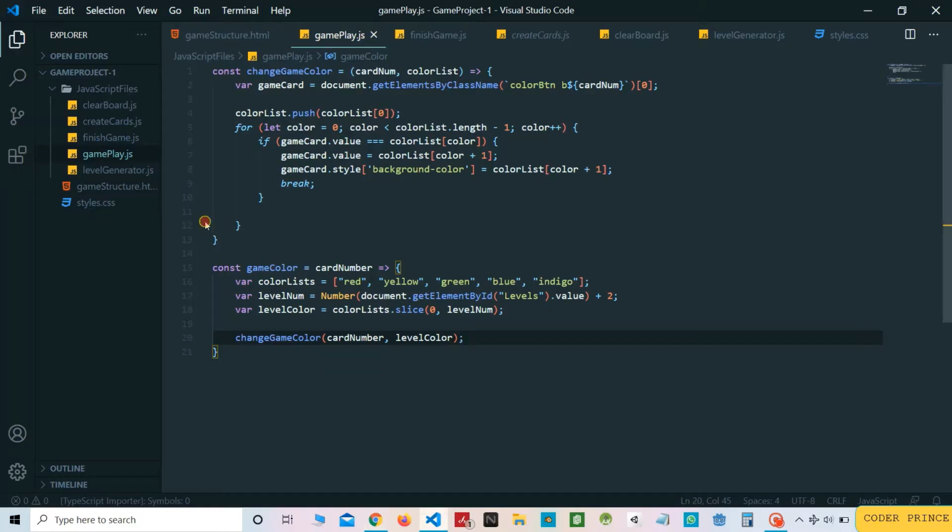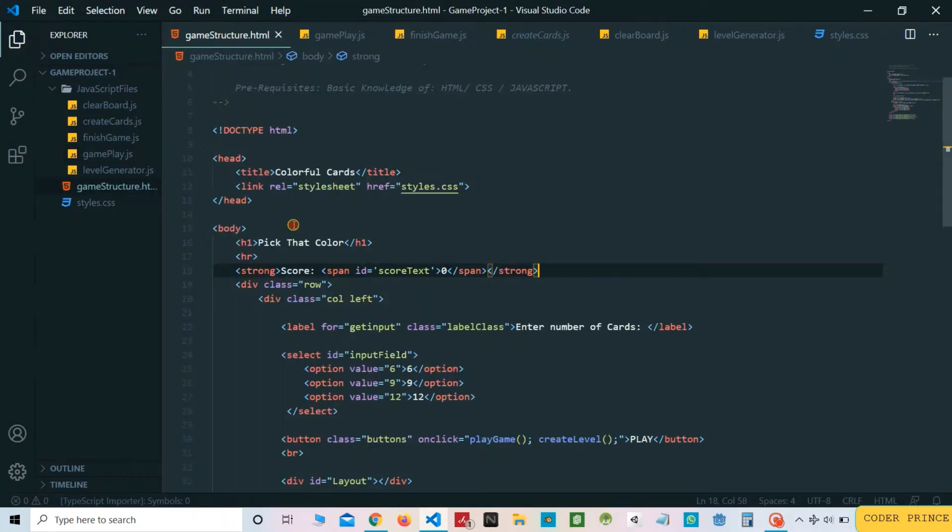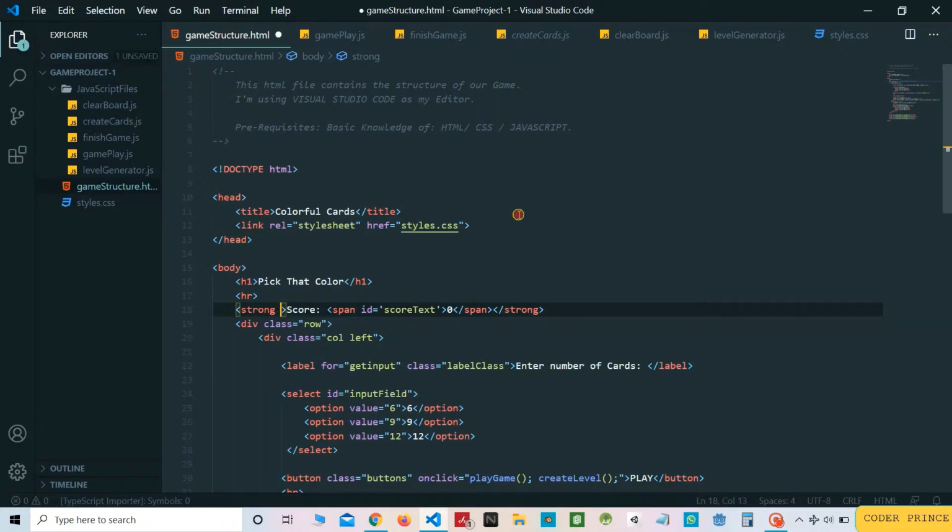We'll add some styles to the score tag. Let's give it an ID of score. Open the CSS file.